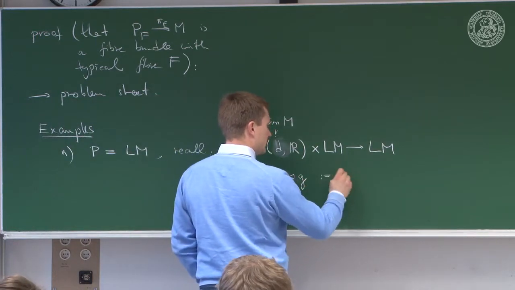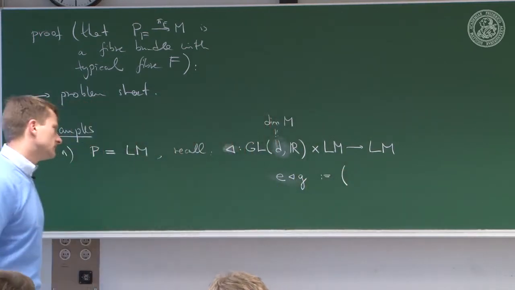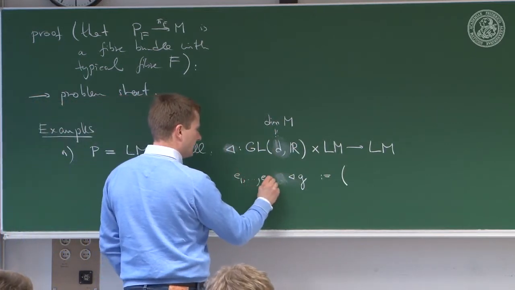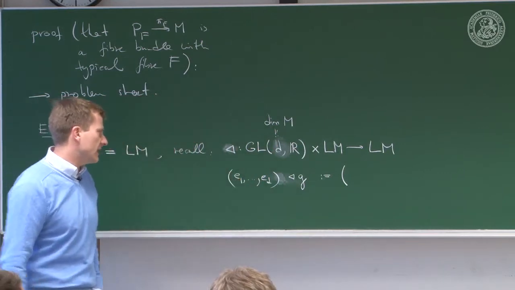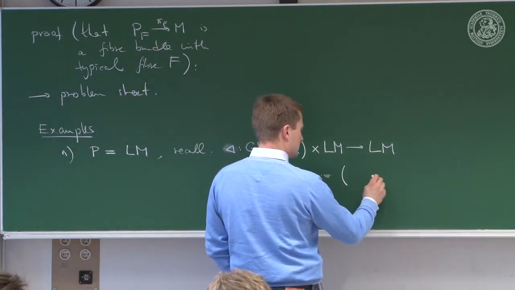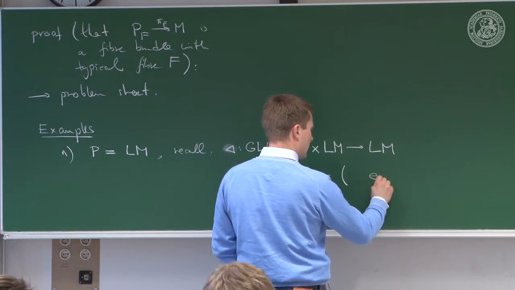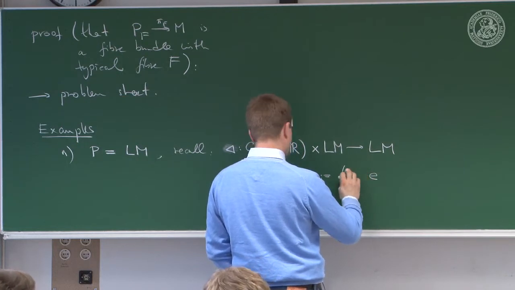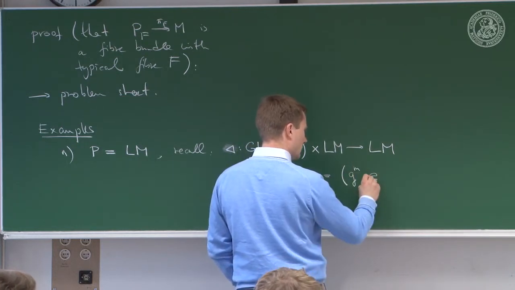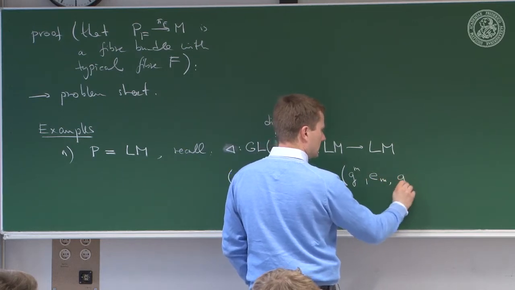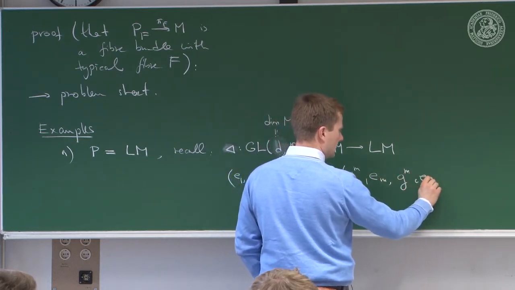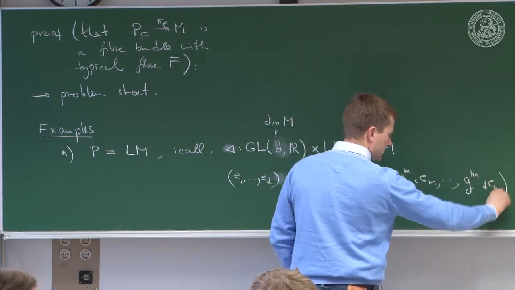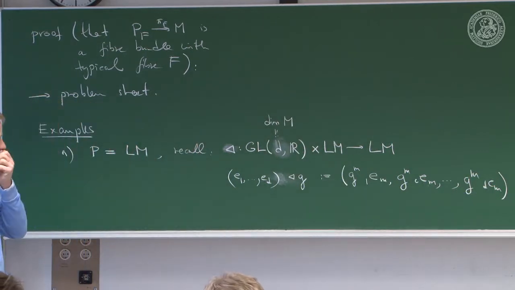So if we write the entire frame, so that's e_1 to e_D, and you act on this from the right by g, then this is afforded by the new frame e', and you have g_{m1} e_m, g_{m2} e_m, and so on, up to g_{mD} e_m. So as a physicist would say,